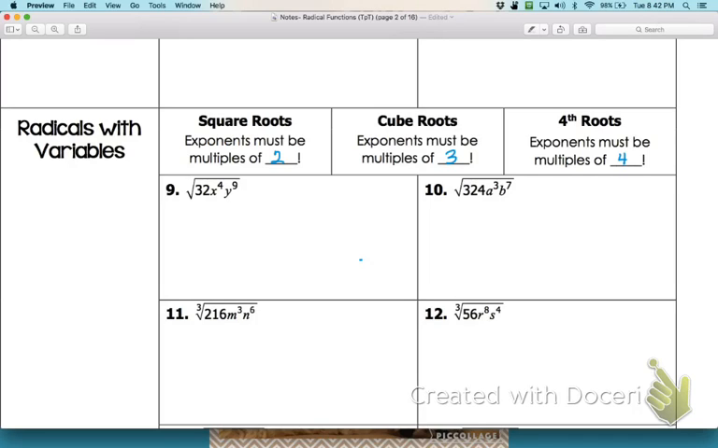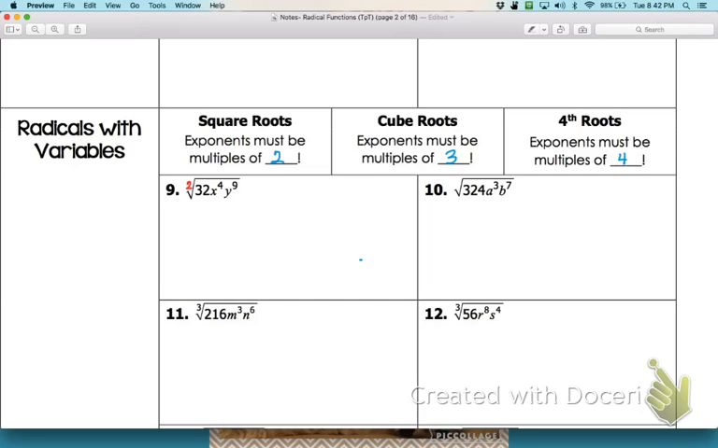So let's look at a couple of these examples that we have on here. For number 9, I have to go into 2 different things. The first thing that I need to ask myself is what's the index on this radical? And since it doesn't say, remember we said we're going to assume that the index is 2. So keep that in mind as we do everything here. So what we want to think about is